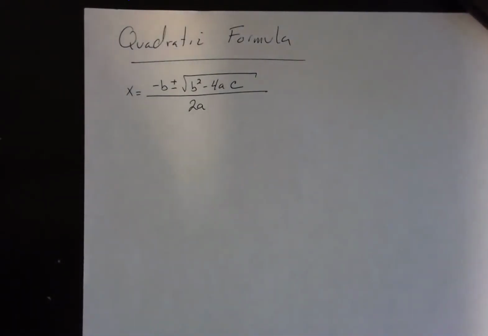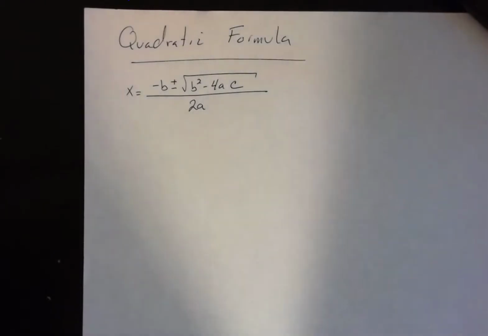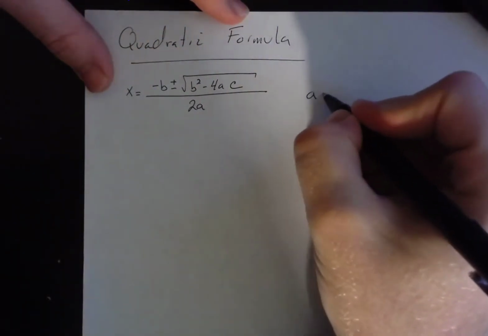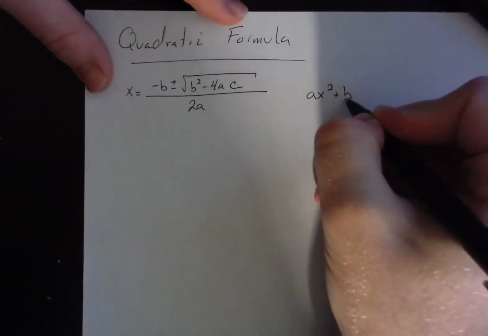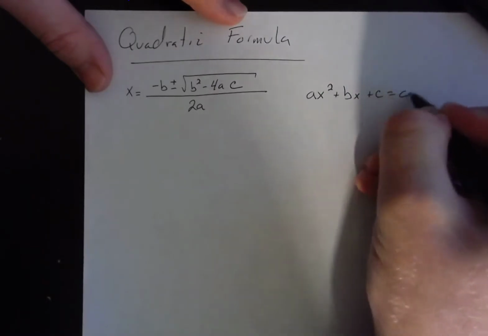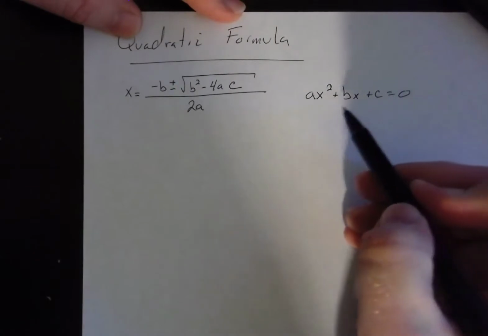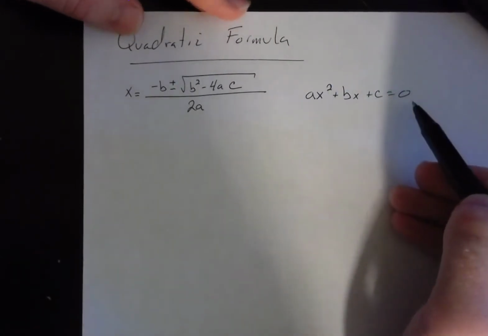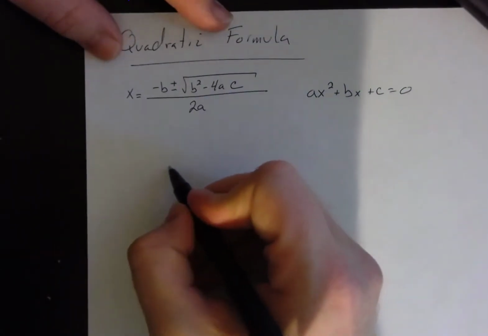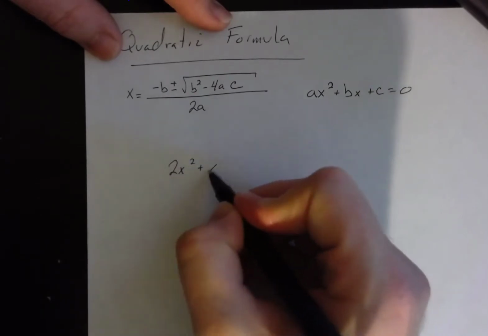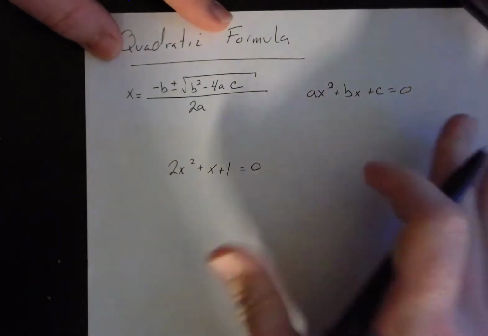This video is going to cover the quadratic formula. The quadratic formula is used specifically to solve equations that look like this form. In terms of the quadratic formula, this here will provide you any solution to any equation that looks like this. So, for starters, given an equation of the form 2x squared plus x plus 1 equals 0, you will